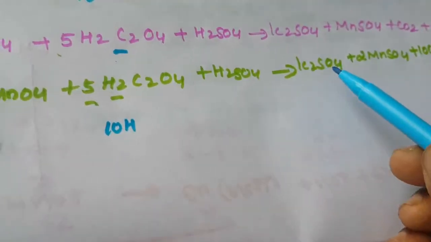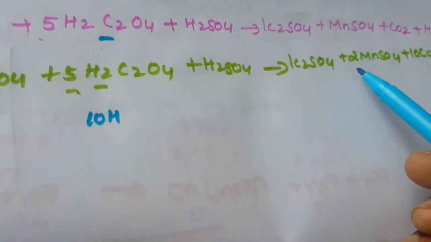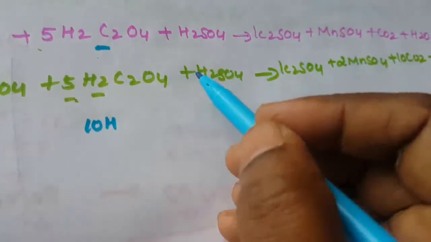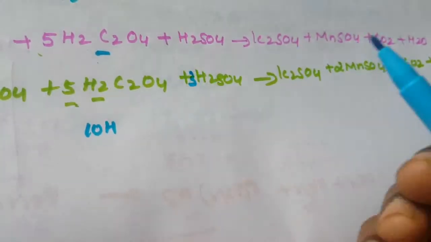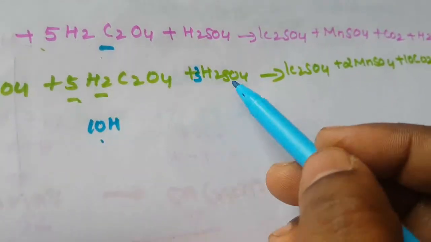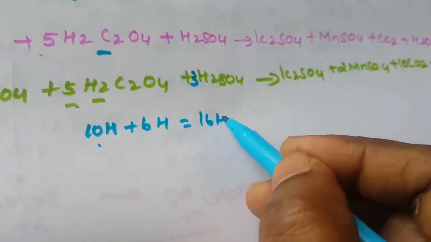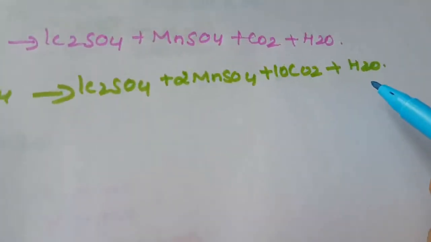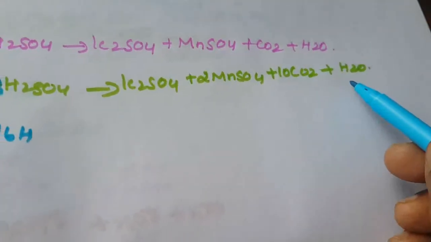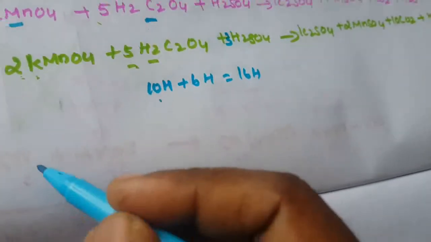So next one is sulfur. Sulfur, how many sulfur is there? That is here 1 sulfur, here 2 sulfur. So how many sulfur is there? That is 3 sulfur is there. I am writing here 3. Totally how many hydrogen is there? That is 10 hydrogen. Here 6 hydrogen plus 6 hydrogen. What is that? 16 hydrogen. Here how many hydrogen is there? Only 2 hydrogen. So what is the number you are at? 8 2s are 16.